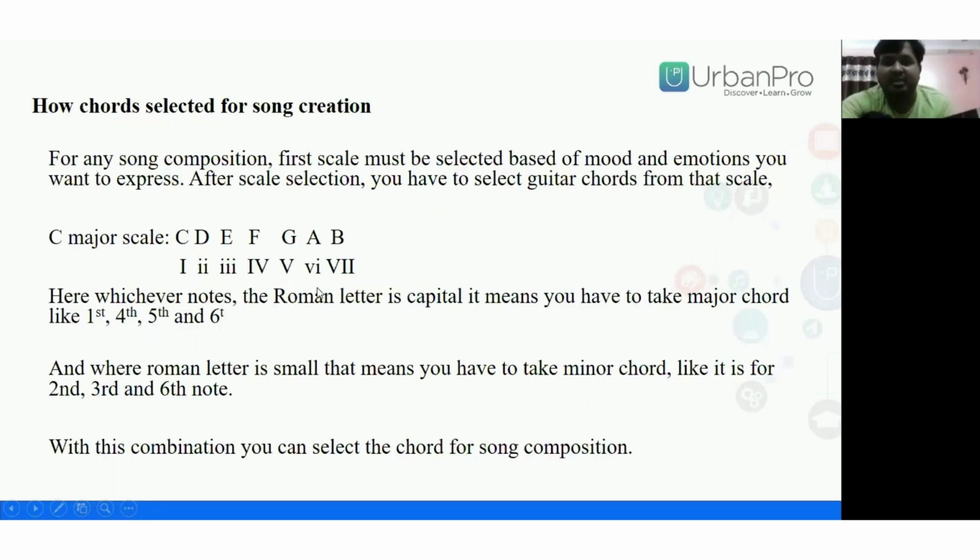If you select other chords, then you are shifting from your basic tone which you wanted to play, and someone will understand that you may be sounding very weird. Sometimes you say that person is off the beat, meaning he's not singing on this scale. So this is how you can select the chords. So far we have discussed the notes, scales, chords, and a little bit about song progression, how you select the song chords based on the scales.